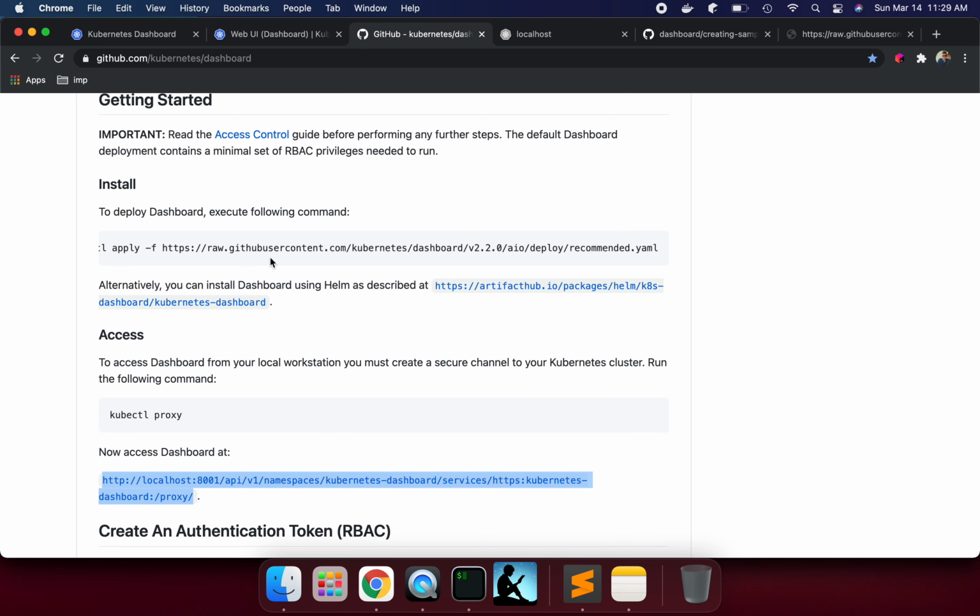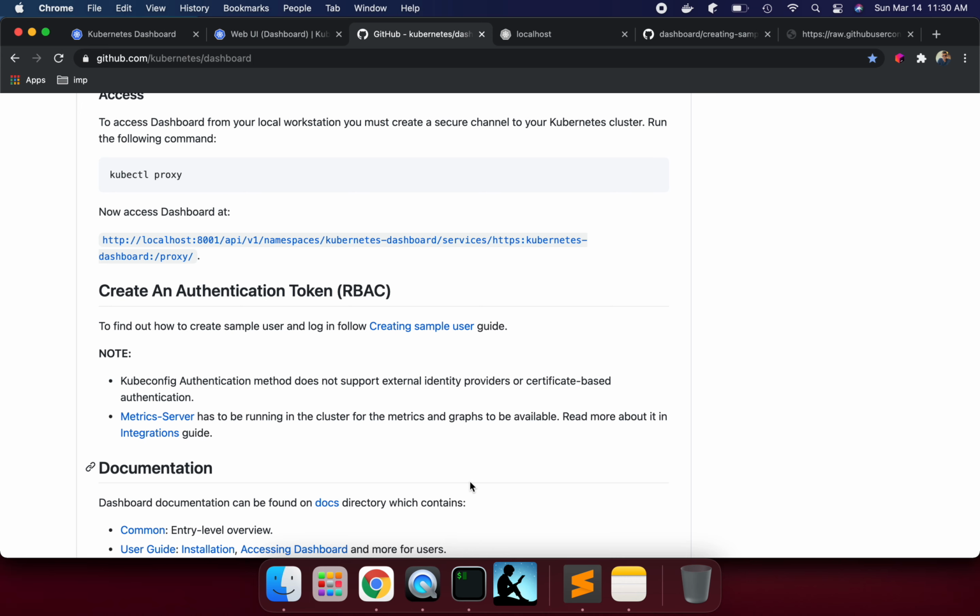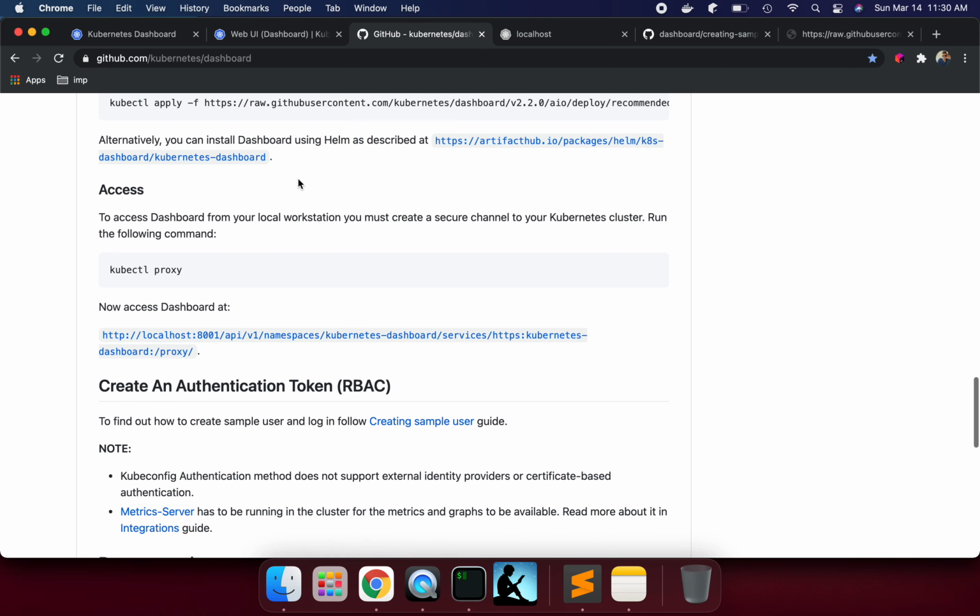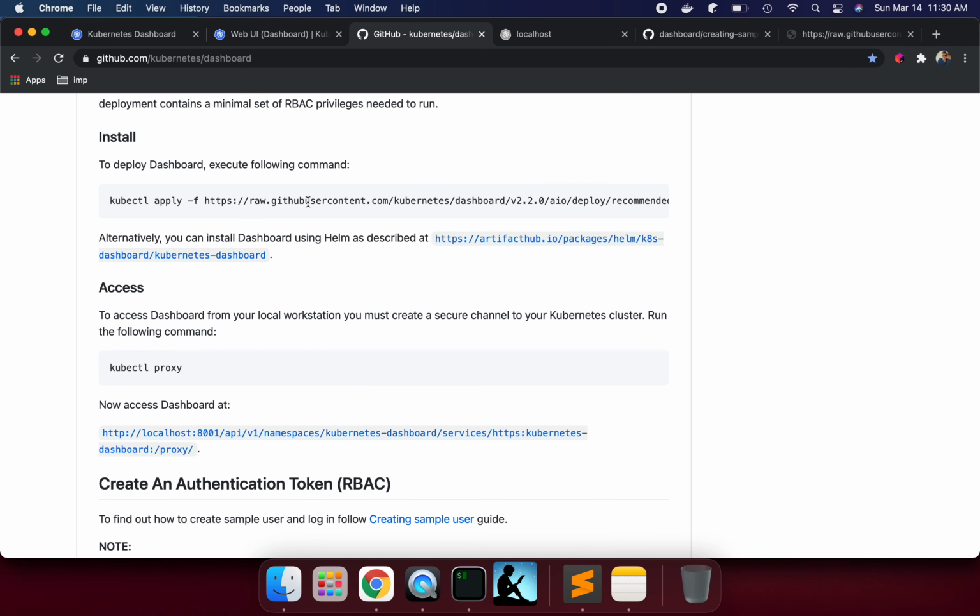So how can we download and execute the dashboard? If we run this command and then run kubectl proxy, it is going to work for us. There is one more extra step. Once you run this command and go to this URL, what is going to happen?